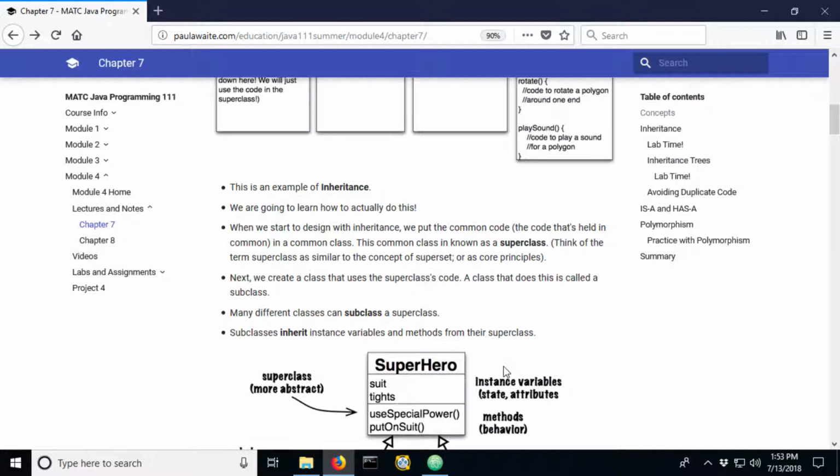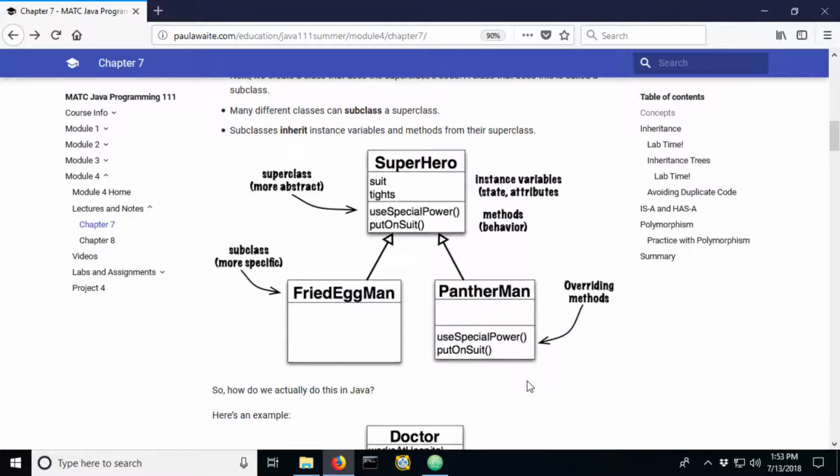Before I do that, I want to just take a look at a couple more examples to help emphasize the superclass-subclass relationship and the different parts of the classes. So here we have a superhero class, and instance variables on the superhero, a suit, and tights. And then the methods or behavior, things that we can do to the superhero or that the superhero can do, use special powers and put on the suit.